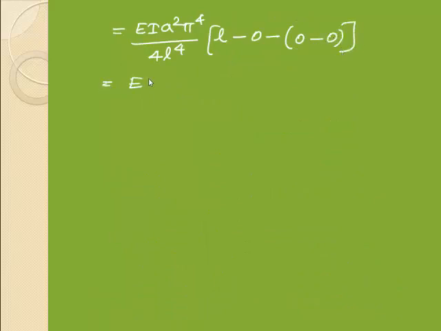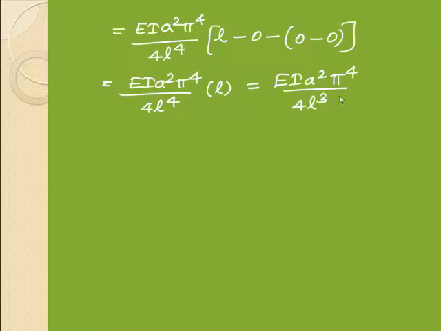So simply EI a square pi power 4 divided by 4 L power 4 into L. So EI a square pi power 4 divided by 4 L cube. So this is the expression for strain energy for the given condition. Then we know the general formula for the work done while a uniformly distributed load is acting on a simply